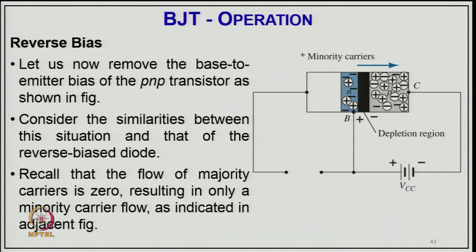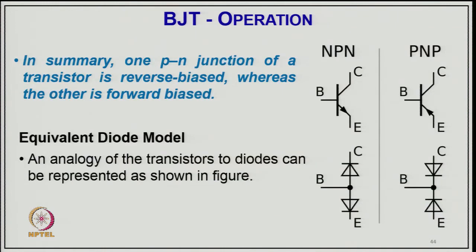So, this we call reverse biasing. As you can see, the P doped material is connected with the negative polarity, which is why the minority carriers only move in this direction. In summary, we can say one PN junction of the transistor is reverse biased while the other is forward biased, and the equivalent diode model is analogous to the transistor, to decide, two diodes can be represented as